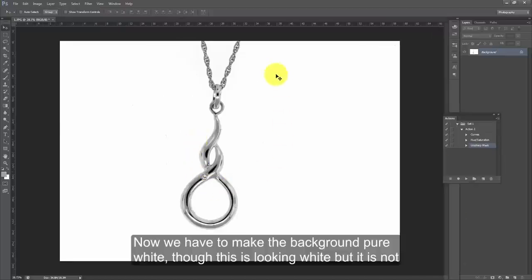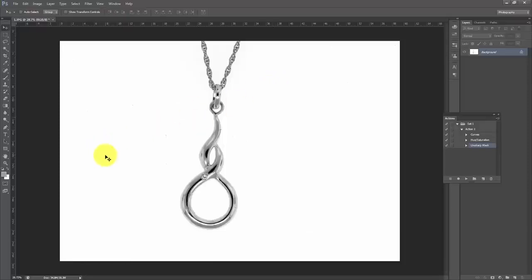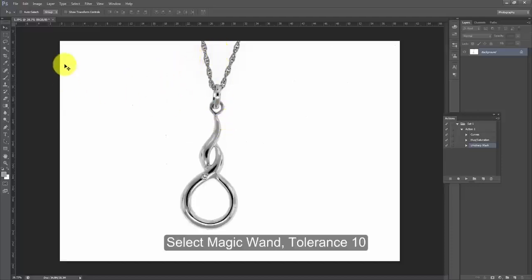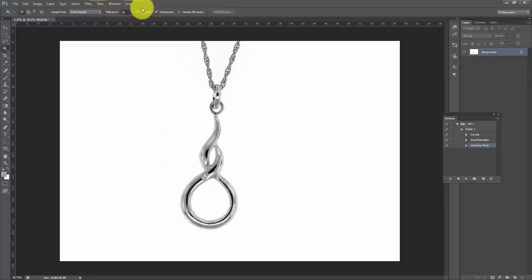Now we have to make this white background pure white. This is not pure white. Maybe this is looking white, but it is not. So you'll see how we make it a pure white background. Go to the Magic Wand. Here in the Magic Wand, select tolerance 10 and then now